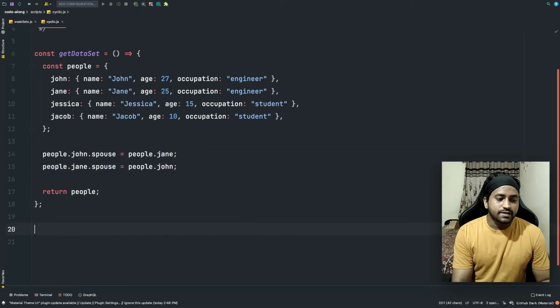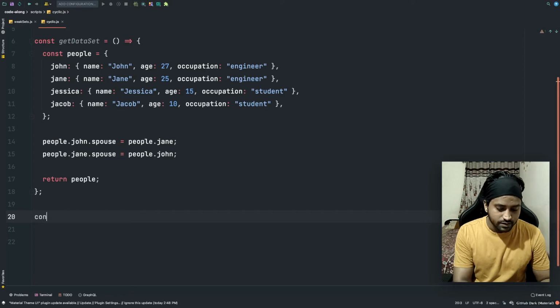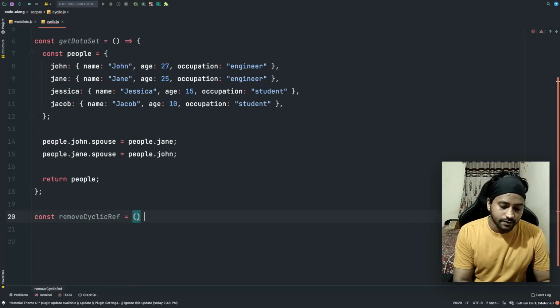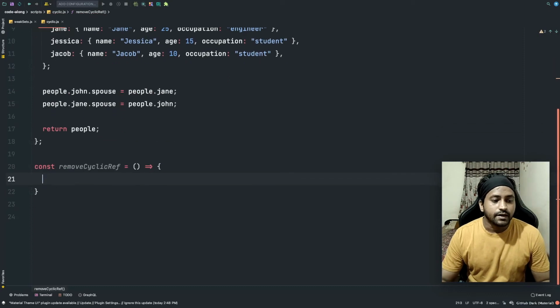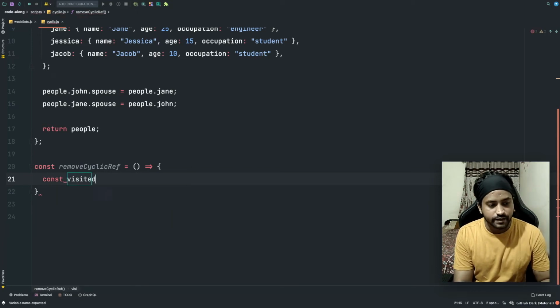So let's quickly create a function. Let's call my function removeCyclicRef, okay? And in this function I'm going to first create a WeakSet. So const, let's call it visited, equal to new WeakSet.